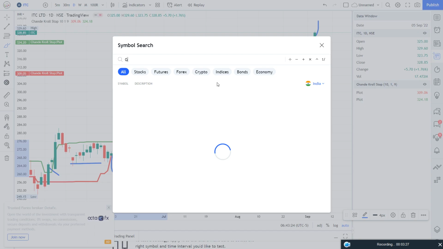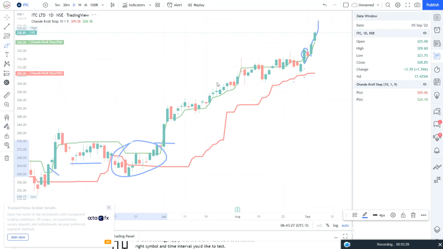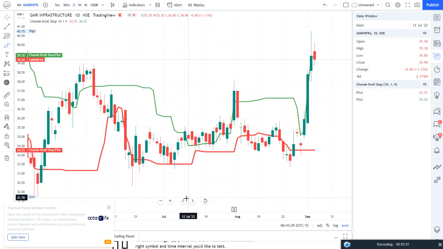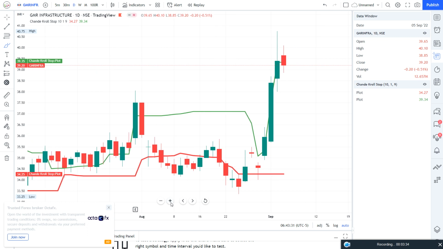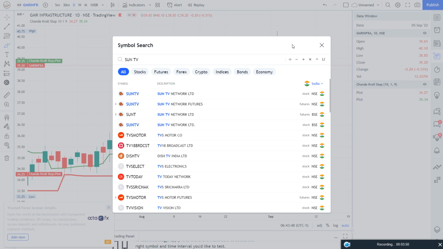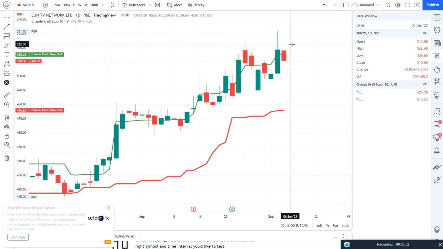Okay, for tomorrow you can watch Nifty levels. We have already discussed with you guys. GMR Infra movement, the band was shrunk here, and after that we got the breakout from this candle, and we have already got the smooth up move. Now it's meaningless to discuss the GMR Infra. Let's see Sun TV, is there something? Sun TV has given close above this line and took the reaction. So above this high 531.70, we can get the good up move.